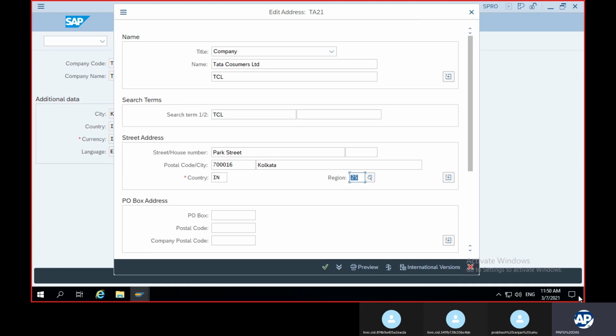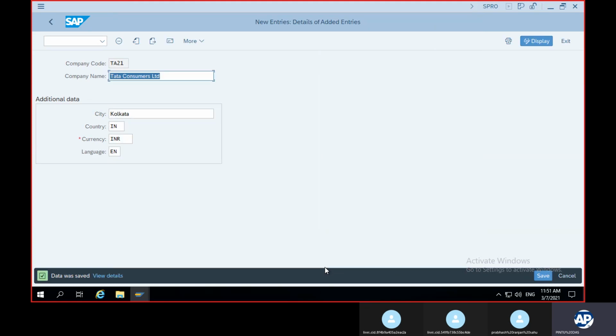After giving this basic information, you click here. And now you can save the data. So the company and the company code have been created.